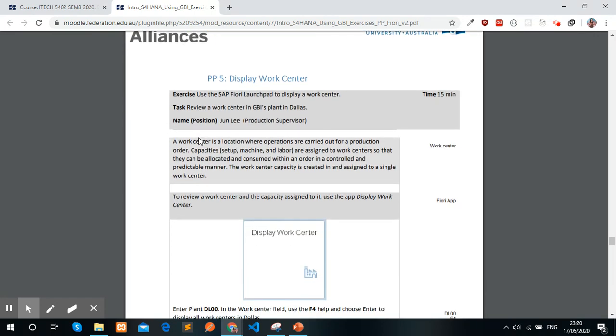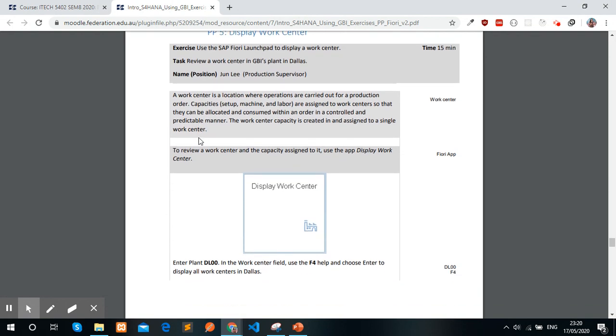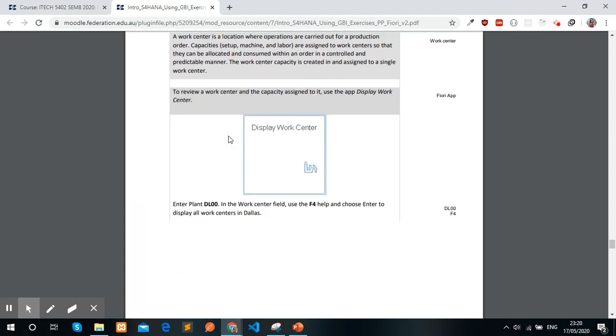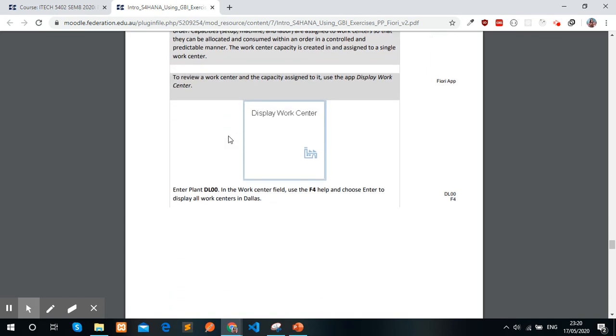Our fifth task was to display the work centers. A work center is a location where operations are carried out for a production order. The work center capacity is created in and assigned to a single work center. To review our work centers and the capacity assigned, we chose the Display Work Center app of SAP.